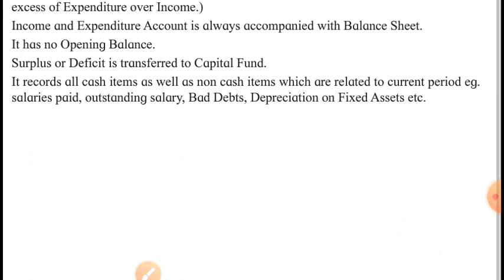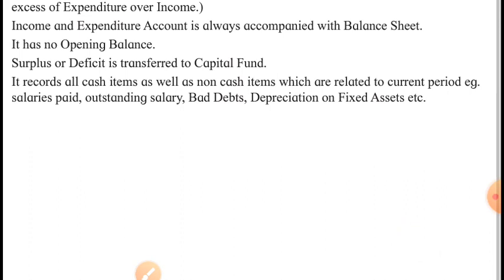And we are showing this item as an expense of this year. Why not? The salary is not yet paid, but it should have been paid. Yet we have shown this expense, and for outstanding salary, we don't see any cash going out of the business till now, as it is outstanding. So salary paid is a cash item, but outstanding salary is a non-cash expense.